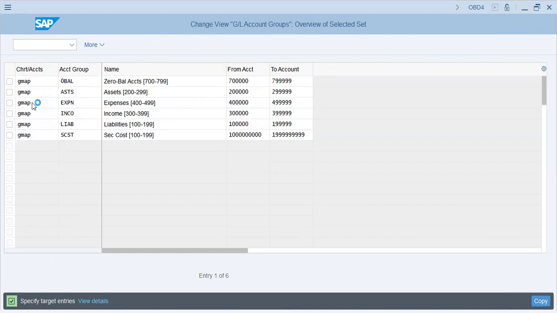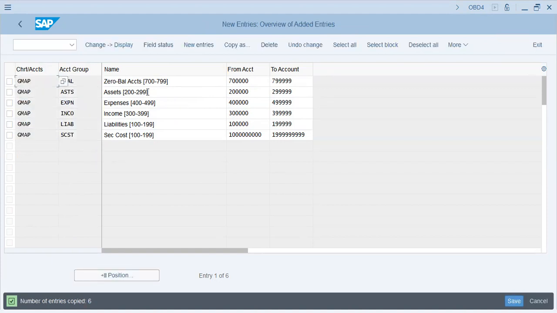Now I can copy and paste this. So I have zero balance accounts. I'll explain later what is zero balance. Assets, expenses, income, liabilities, secondary costs. Secondary costs is basically used for product costing. And I will also make a new entry,